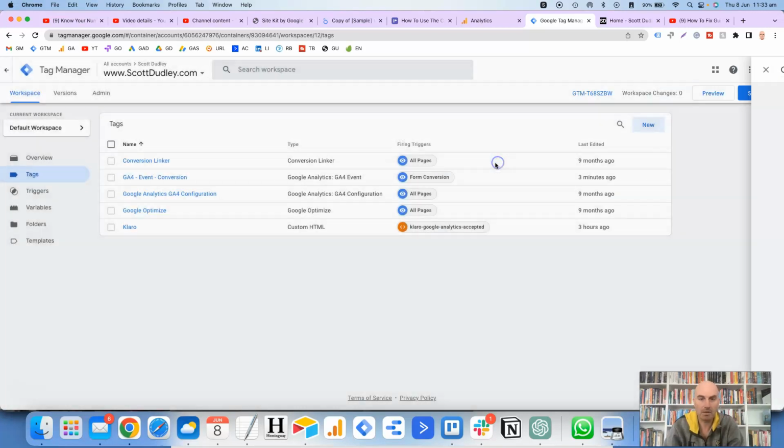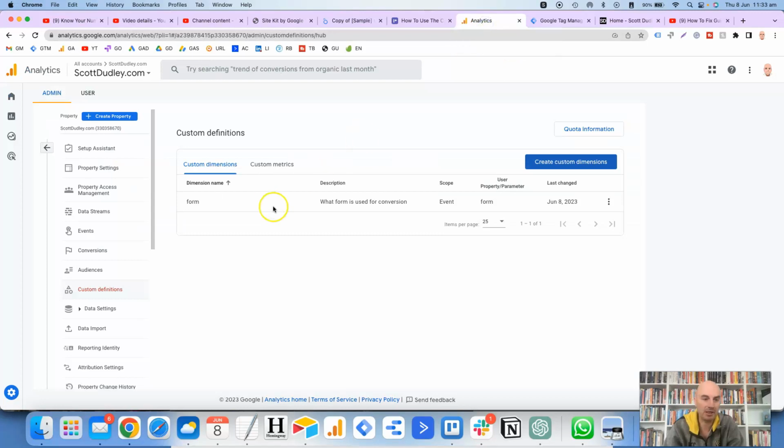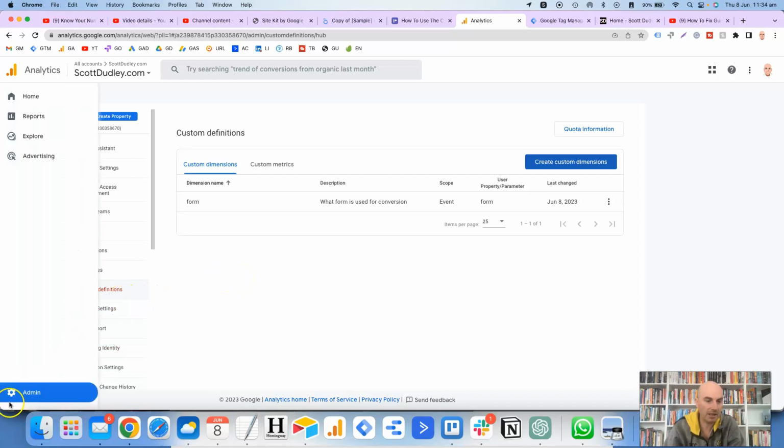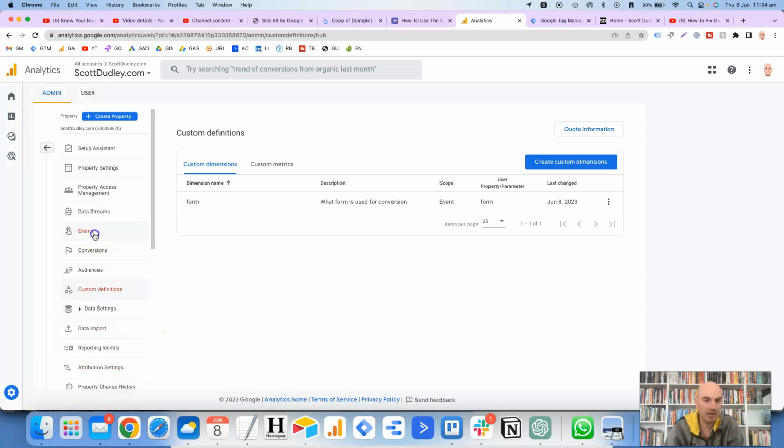And then you want to go into it, actually want to publish it as well. Make sure that it's published. Then we go over to Analytics, to GA4, and if we go to Admin, and then Events,